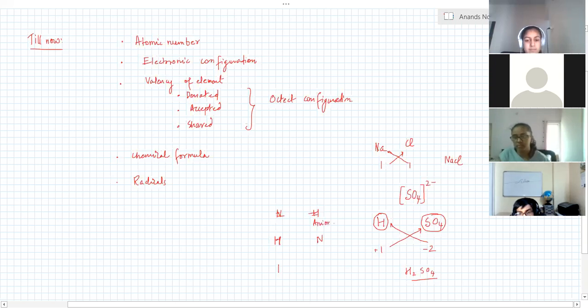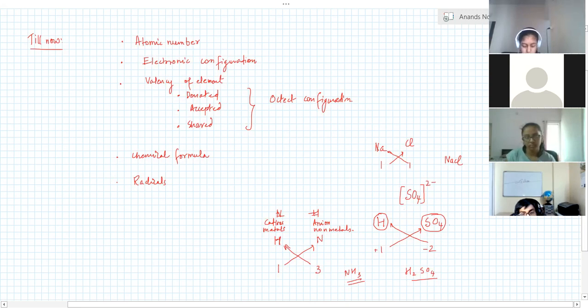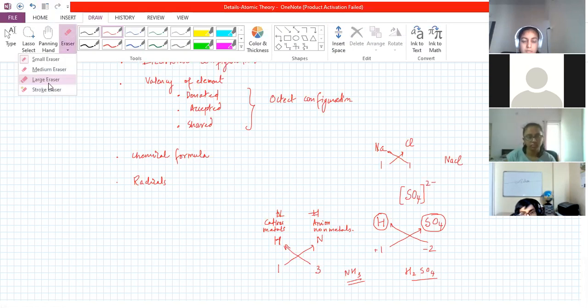anion we write on the right-hand side. We'll put cations or metals on the left-hand side, and here we will write non-metals on the right-hand side. So H, and the nitrogen likes to take 3 electrons and complete its octet. So we say 3. And then we get this as H3N or NH3. So in this way, using the concept of valency and the concepts of radicals and the charge, we have learned how to do the molecular formula, right guys?